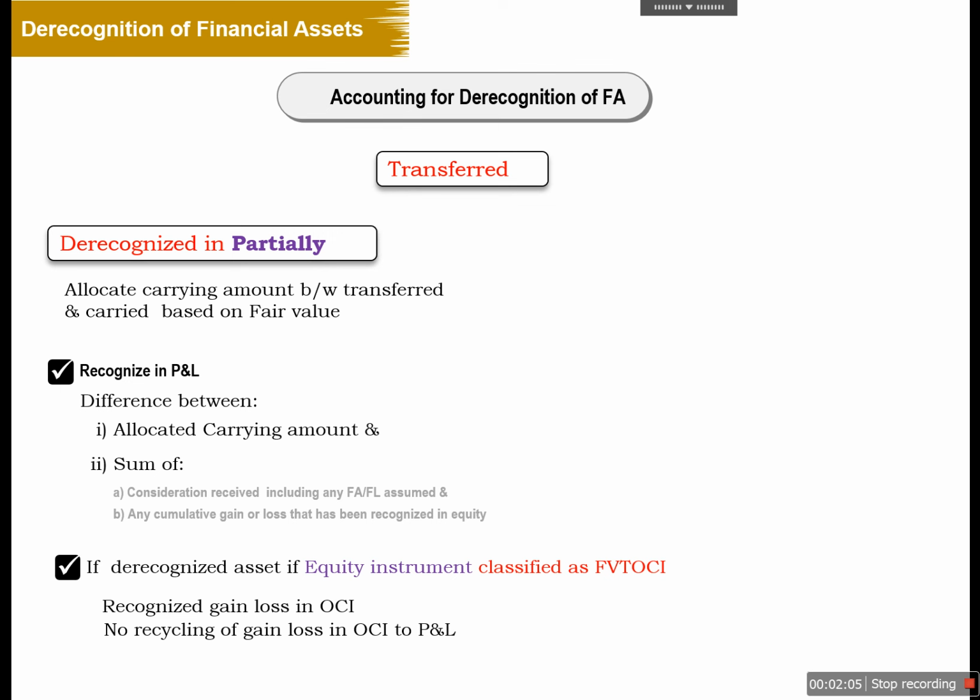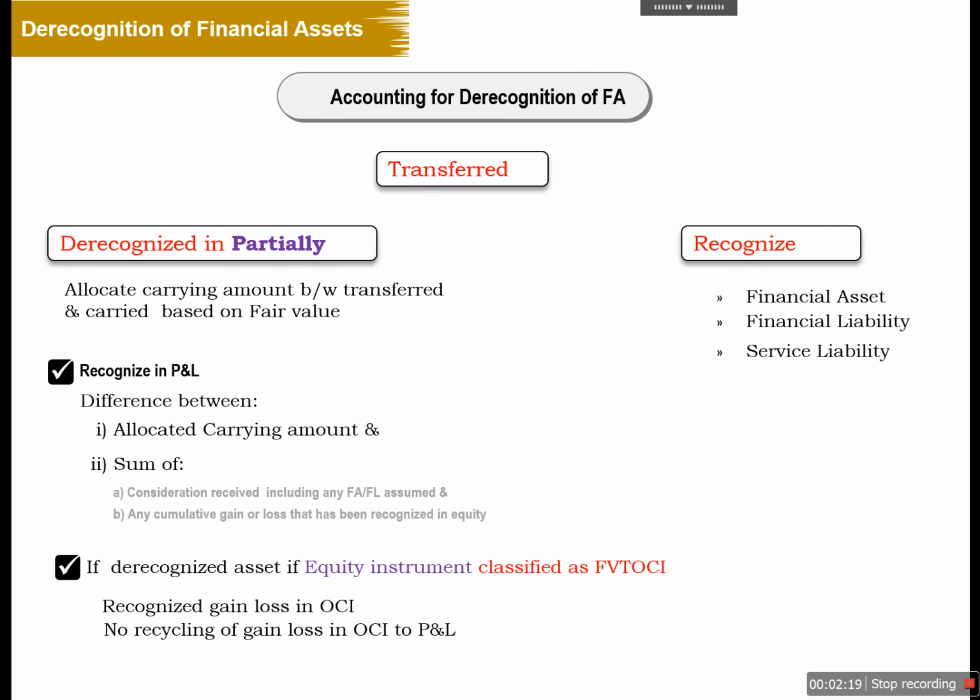And if the derecognized asset is an equity instrument that is classified as FVTOCI, we need to recognize the gain or loss in OCI, and there will not be recycling from OCI to P&L. And similarly, if because of the transfer we have assumed any financial liability or have acquired financial assets or any servicing liability has been generated, we need to recognize the FA, FL or servicing liability in the books of accounts. So this is all about the accounting for